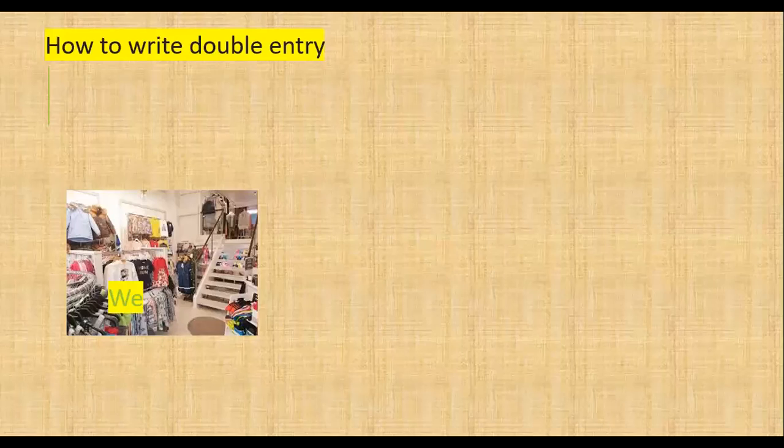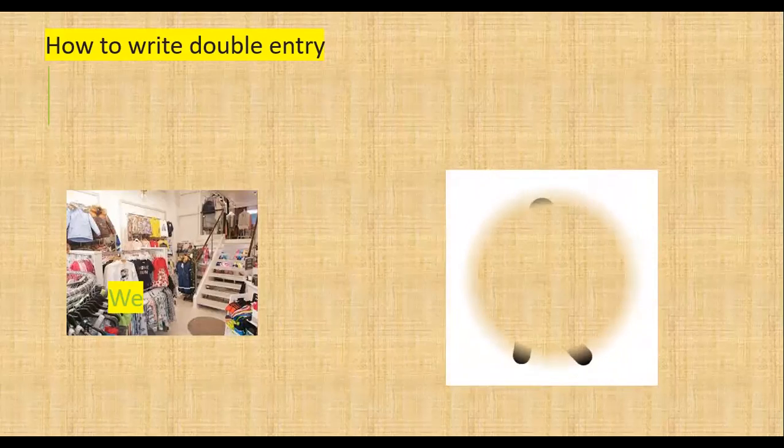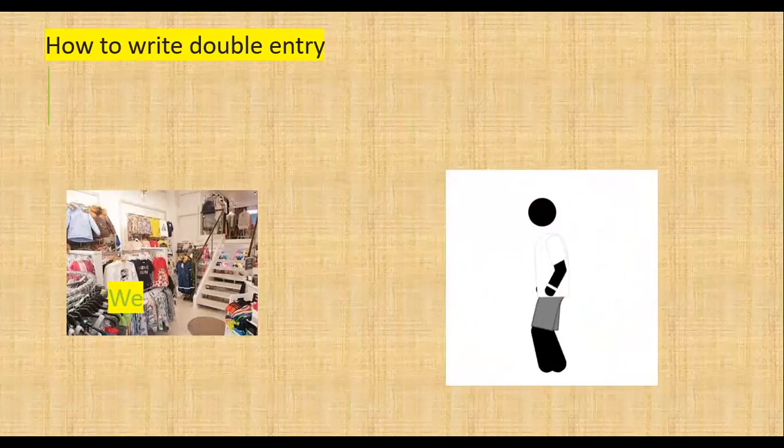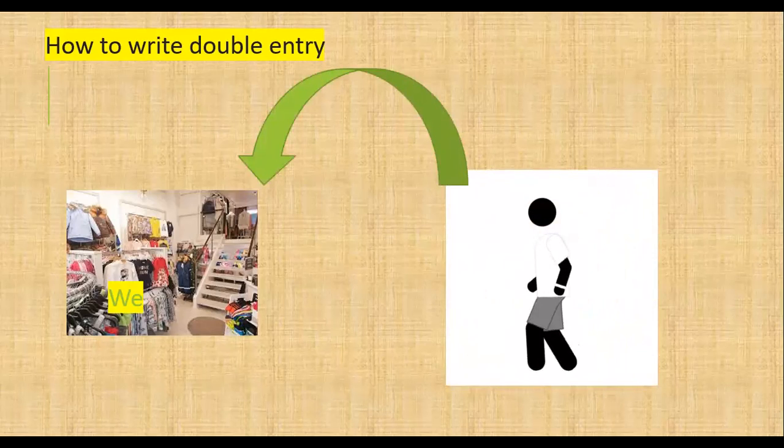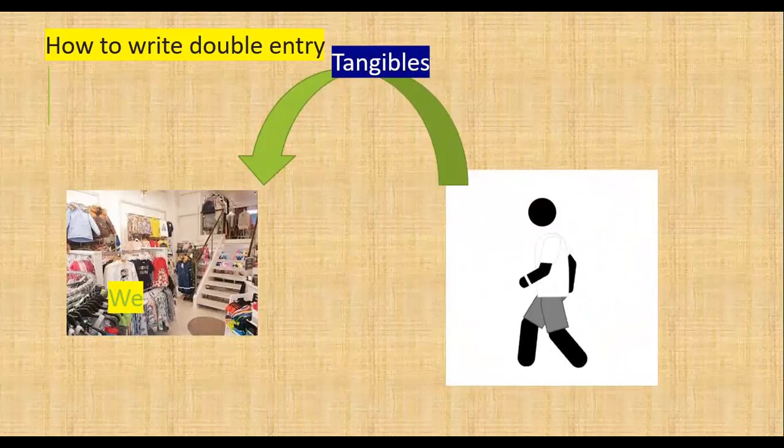We are not owners, remember. We are accountants. We are preparing accounts. So we are inside the business. That's what I put, we are inside the business. Got it? Right. Now, when you come to the double entry system, tangibles, any tangibles, if they come inside the business, tangibles coming inside the business, we will debit